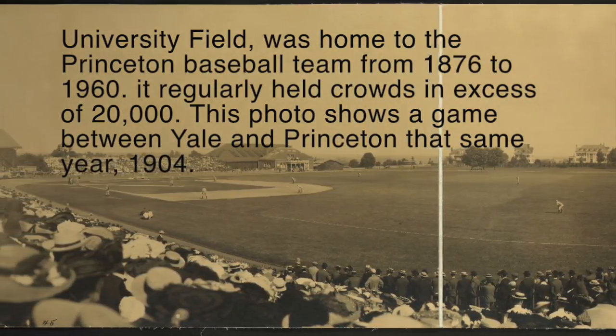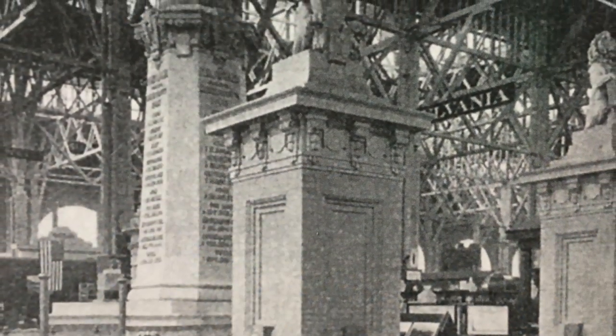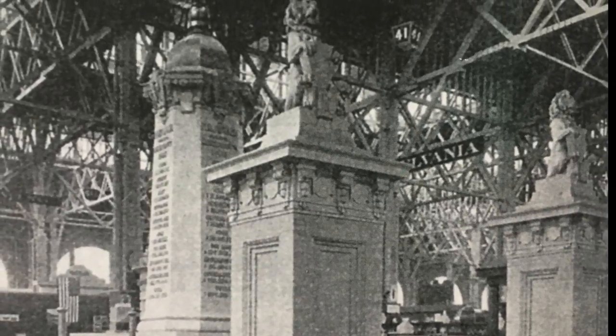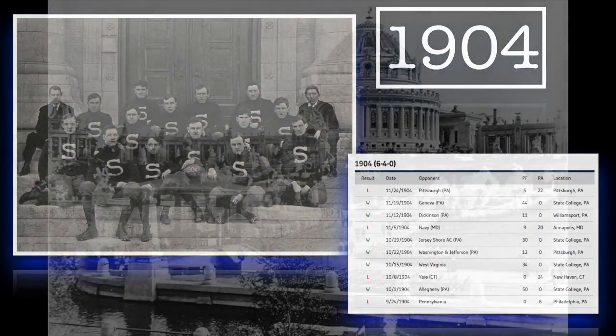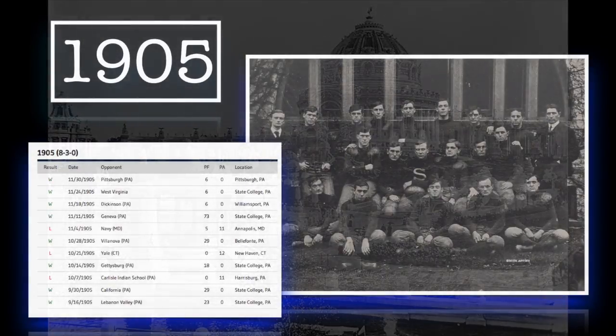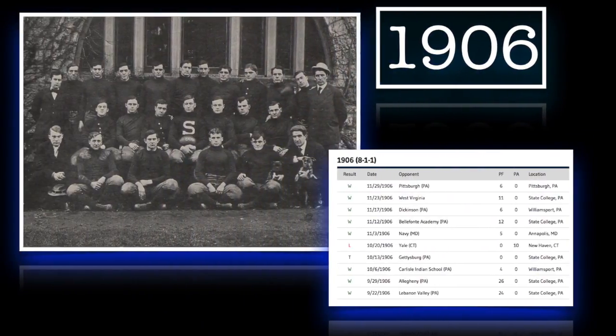A few years later, 2 statues of lions were donated to Penn State after they were used in the Pennsylvania Mines exhibit at the St. Louis World's Fair in 1904. They were placed atop the columns at the main campus entrance of College and Allen Streets. That same year, Mason, now a senior, was writing for the college humor paper he helped found in December of 1906, The Lemon. He wrote to the students,